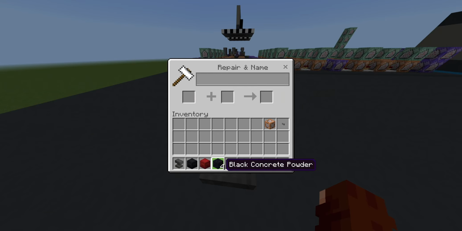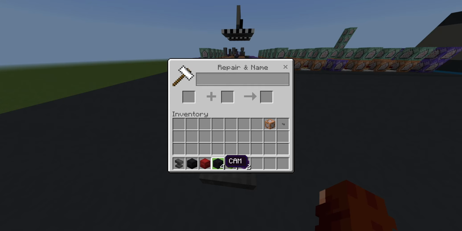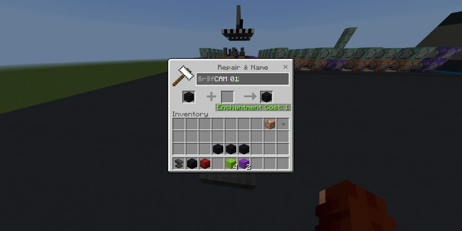Now for the cameras, this might take a while depending on how many cameras you have. But we're going to bring them all up here at once, and then delete this, make it say section symbol R, section symbol F, make it have white text, and then we're just going to type cam, and then a space. And the reason why is because we're going to take it out now, and now instead of writing that over and over again, we can just spread it out,